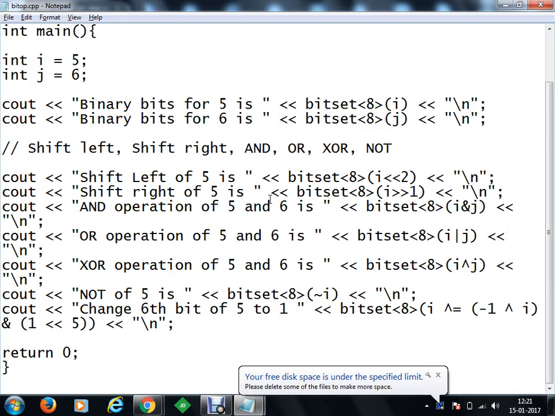At that point of time, converting to binary is not important; you just have to perform your operations on the values. At the moment, we were just seeing how it looks in binary format. If you only want to perform operations, you can remove the bit set and directly do i XOR j, and whatever the value is, the converted value of that binary into decimal will be displayed to you. So you can do both ways, depending on the requirement. If bits are asked about in the problem, then you can go bitwise.